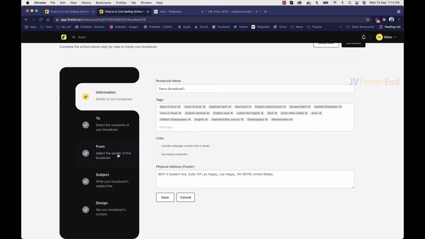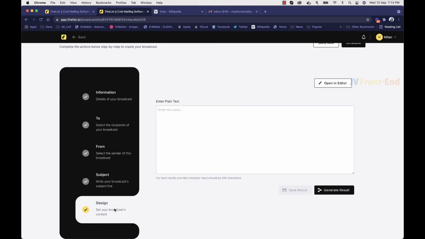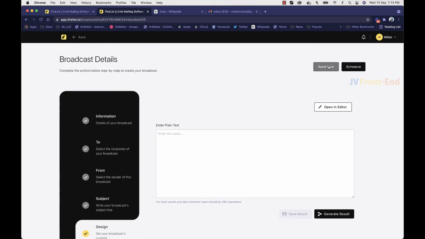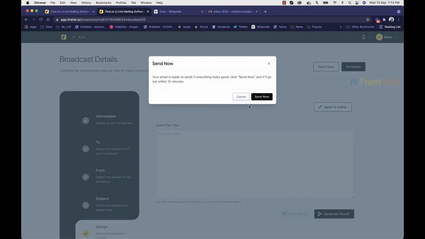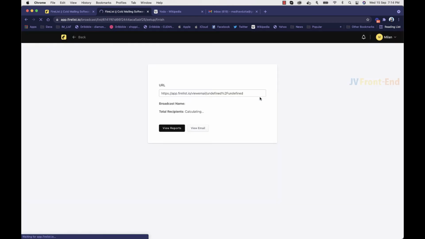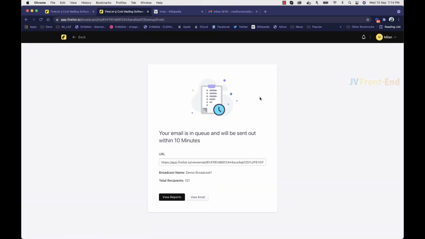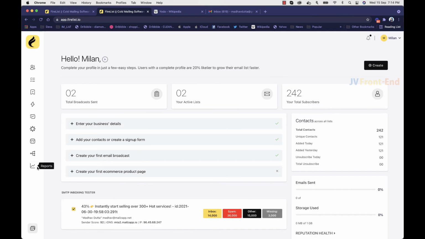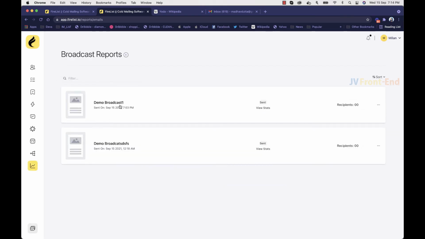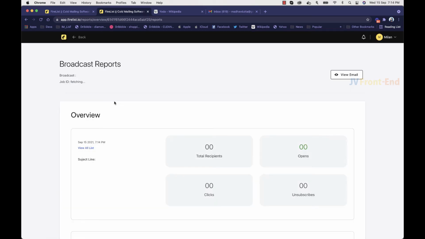Okay, so now we are ready to send our email. I'll click on send now and I will send my email. My email will be sent to everyone listed in the list of recipients. And once it is done, I can see the response of my email here. So this is the seed list, as you can see, but the response is very